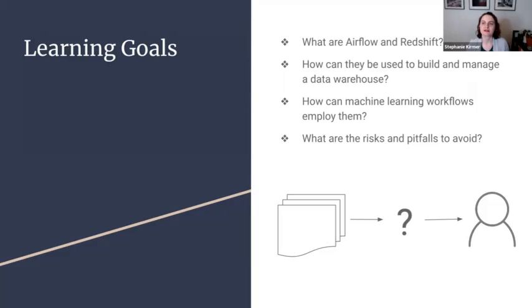When I am bringing this talk to you today, I wanted to make clear that I expect nobody in this audience to necessarily know anything about Airflow or Redshift. We're going to cover that. We're going to talk about what they both are, what their functions are in the broader workflow that I'm describing. And we're going to talk a little bit about them in the data warehousing context,